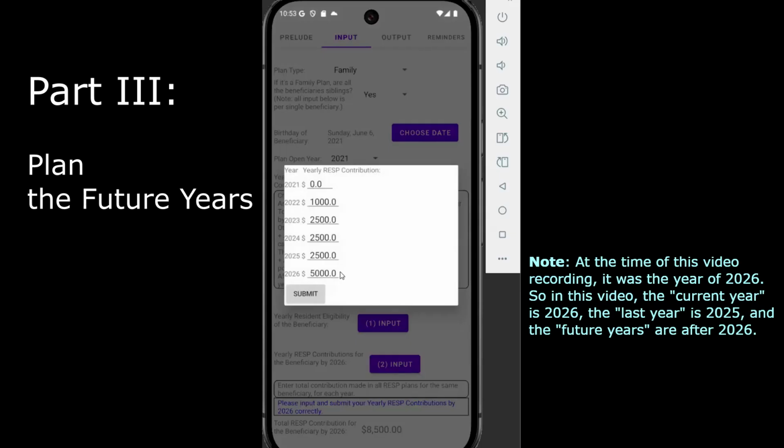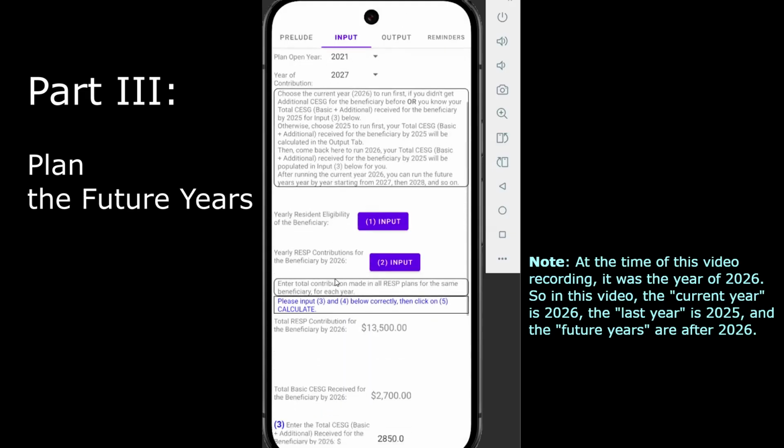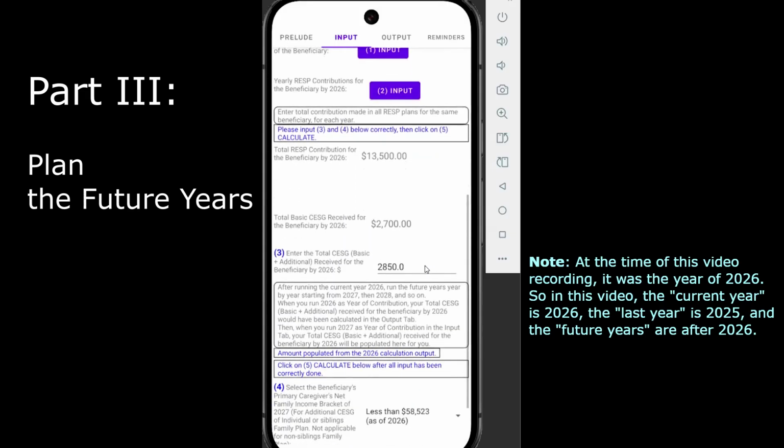The RESP contribution amount 2026 has been populated here. Your total CSG, basic plus additional, received for the beneficiary by 2026 has been populated here for you. Continue running the next year.